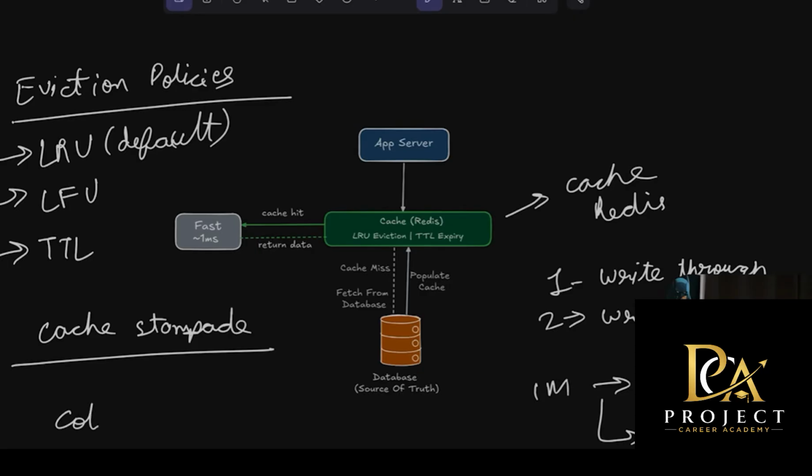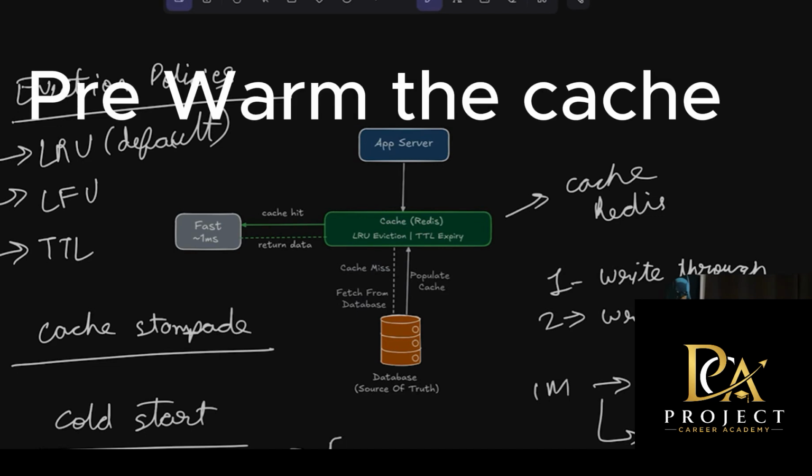Also, there's a problem called cold start cache. Let's suppose you deploy a brand new cache. Initially, it would obviously be empty. So the first wave of requests would not find anything in the cache and every request will hit the database. This is what we call the cold start. And that's a fairly popular problem, but we figured out the solution here. We can pre-warm the cache. To avoid a cold start, we pre-populate the cache with frequently accessed data. So popular products, popular profiles, popular queries, these are entered into the cache before serving any real traffic. This ensures that even the first request will benefit from the caching.